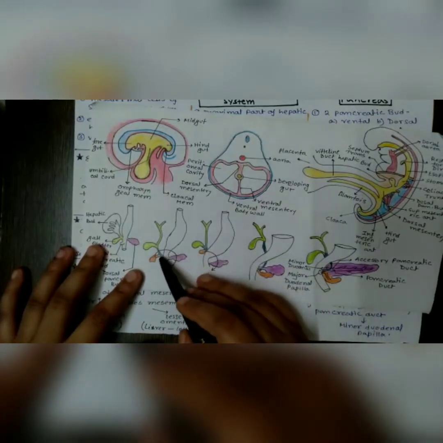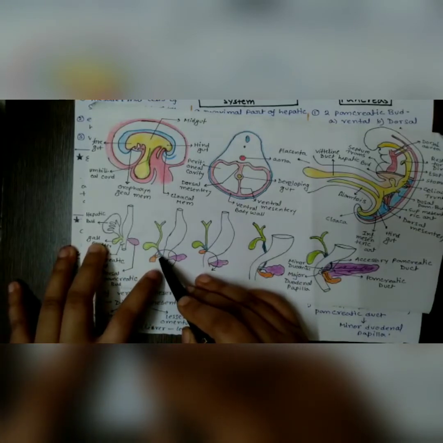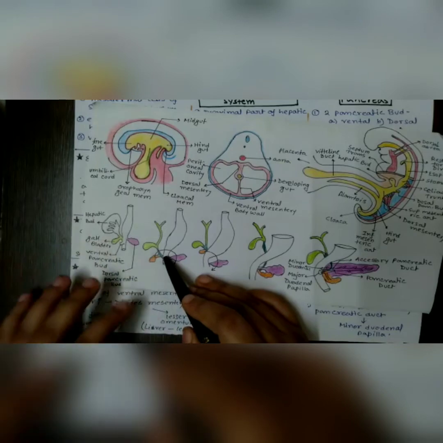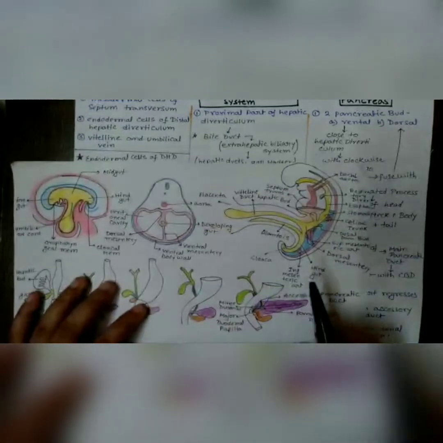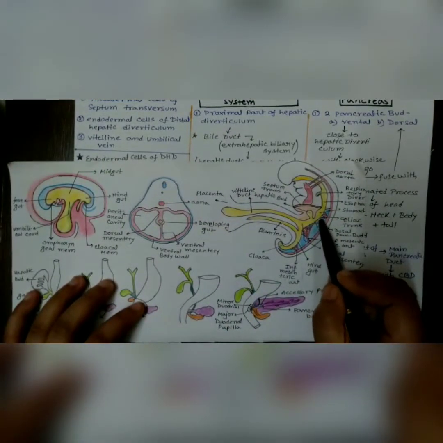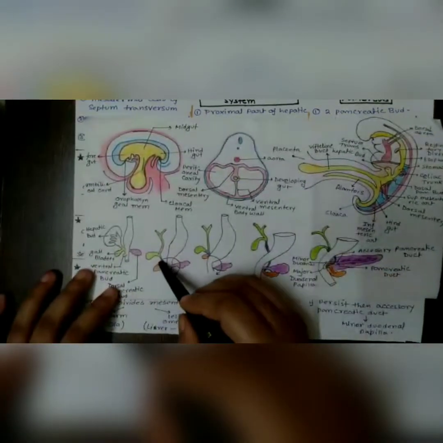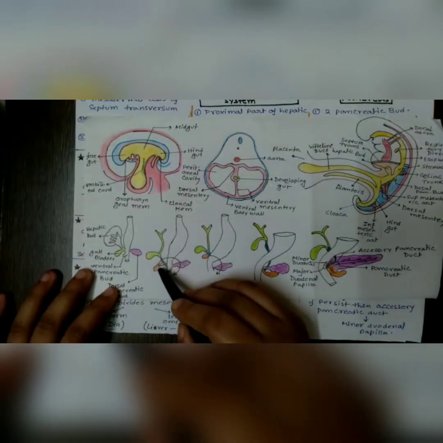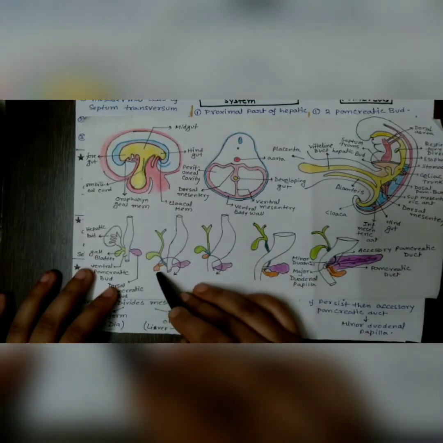And from this, I mean, more proximal to it, they will have a ventral bud of the pancreas. We know that this is the dorsal part of the pancreas. That means this portion we talked about previously is responsible majorly for development of the pancreas. Now this portion is also responsible for development of the pancreas, but not majorly. A very minor portion will arise from it.